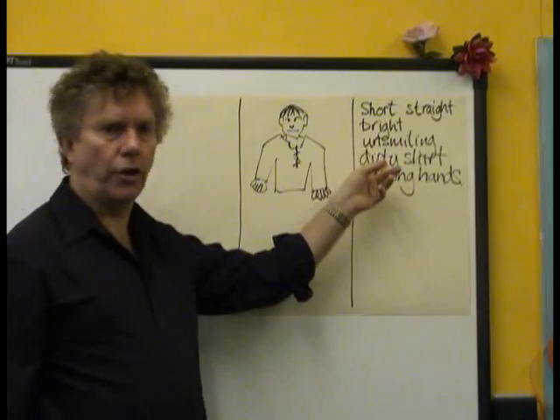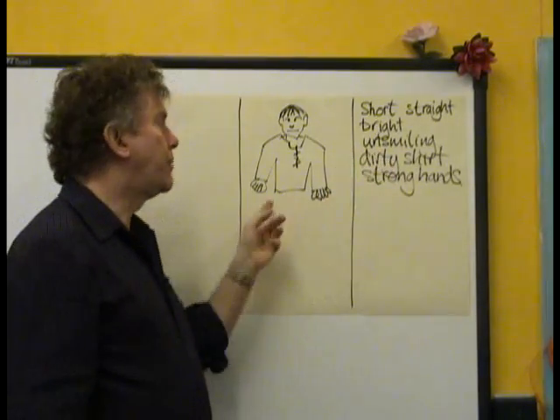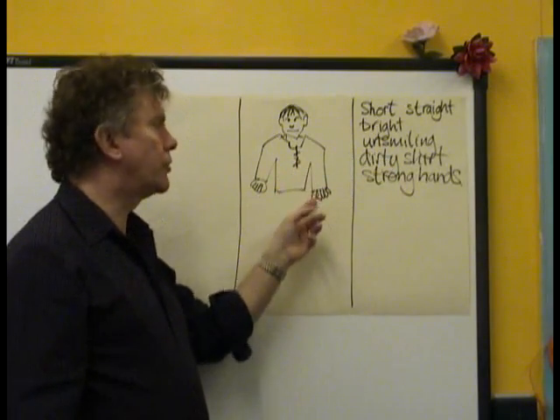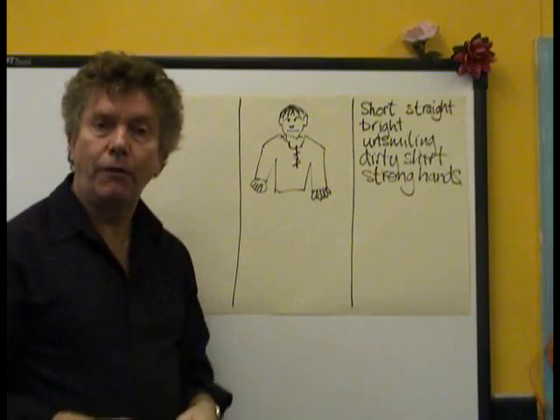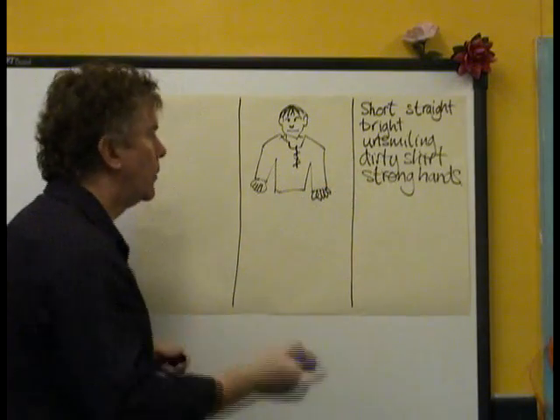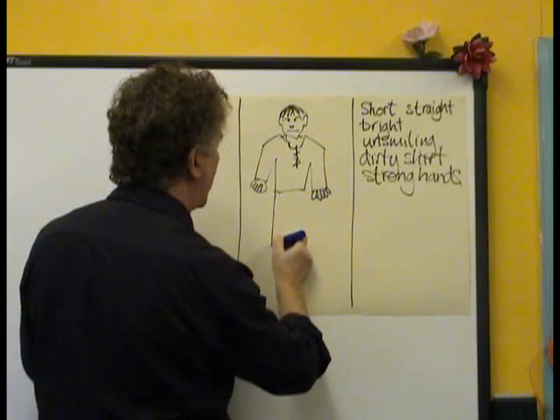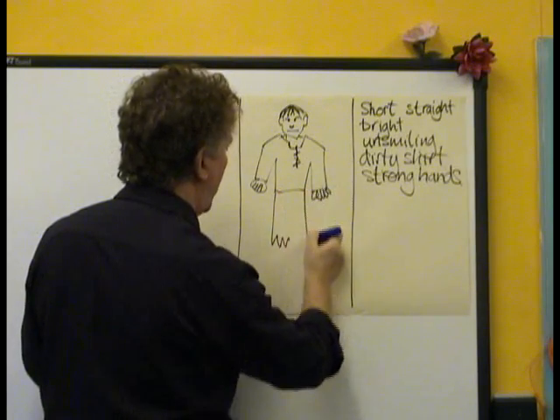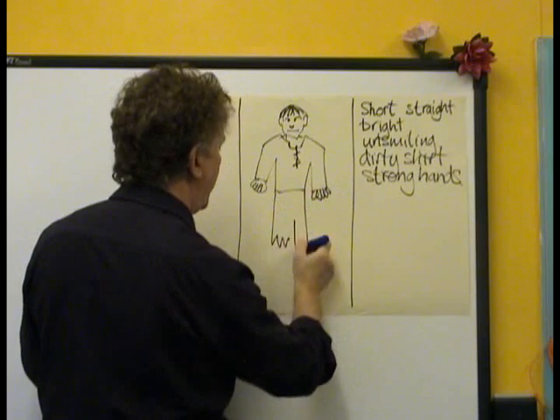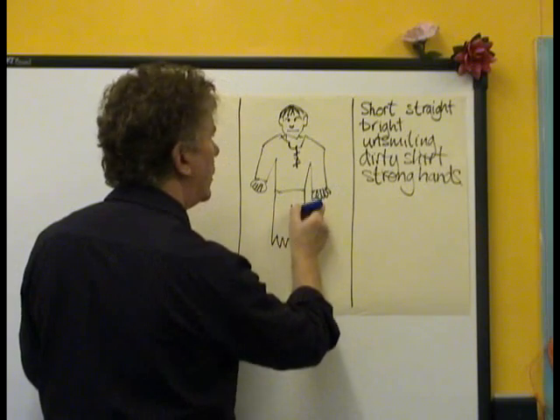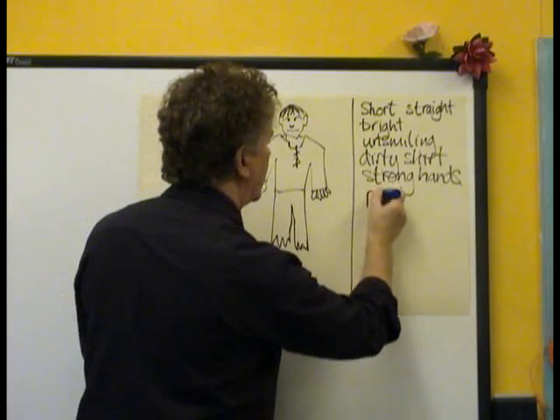He's got a dirty shirt, so we must do something that's putting the dirt onto his clothes. He's got strong hands, so he'll be involved with some kind of work. Okay, you would have trousers, but let's say that the trousers have once been long, but now they're ragged and they're being torn. Got that? Yeah. So ragged